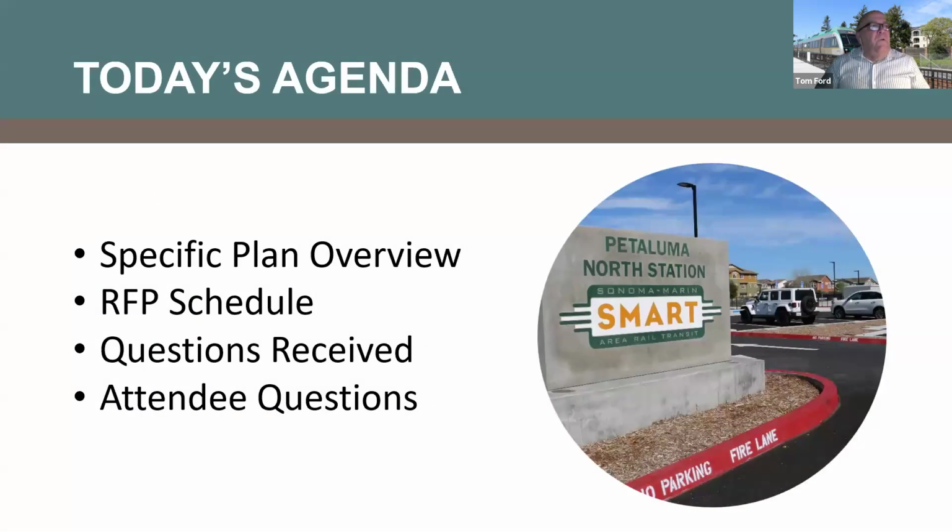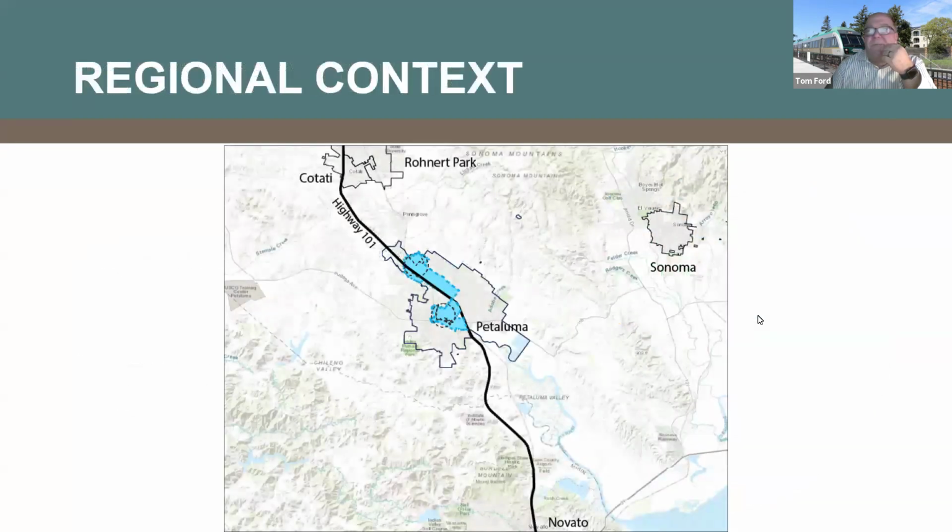So first I'll give you a little overview of the specific plan and the process, and we'll go over the RFP schedule. We've received one question to date, so I'm just going to give that question and answer. And then, as I said earlier, we'll pause and see if any of you have questions that you'd like to put to us. There's a few different Petaluma staff planners online, including a person heavily connected with the ongoing general